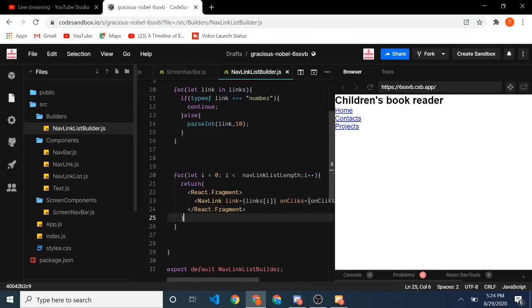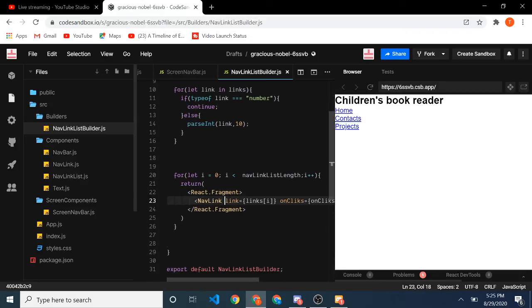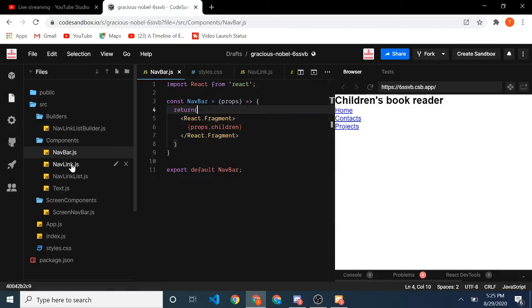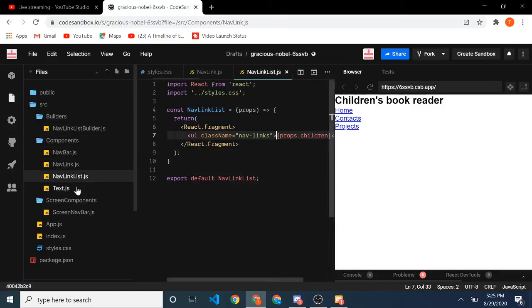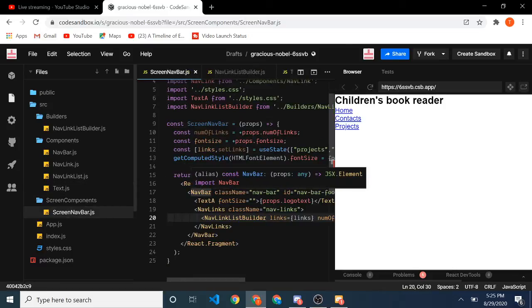So now, once we are done with this for loop, you can see a lot of for loops here. We're just basically turning the parameters to int and rendering them. So this nav link list and screen navbar, they all work even if it is not working. So this nav link builder is still,